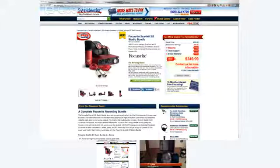We all know about the Focusrite. I guess that's a good segue into what's next. But the Scarlett 2i2, I've heard really good things about it, and Focusrite, it's like all their products are coming with that red aluminum, and it's a really nice look. Yeah, I like it a lot. And then